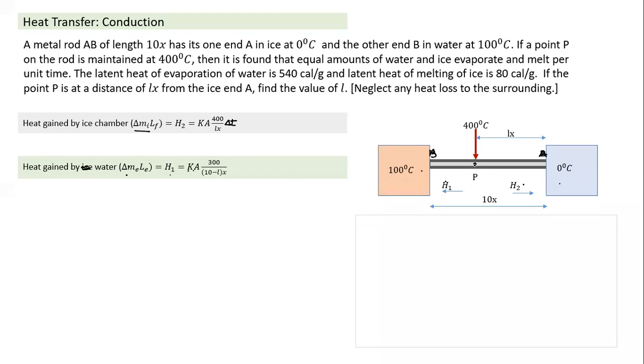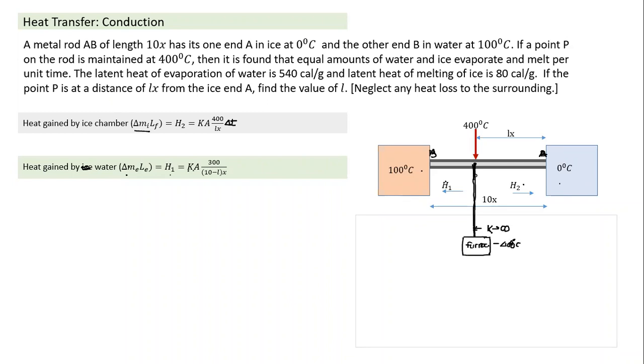In what way can it be given? See, point P is not given. What is given here? Point P is connected to another rod here, and this rod has a K value touching infinity. An extremely conducting rod. So what does an extremely conducting rod mean? And the other end of the rod is connected to a furnace which is at 400 degrees centigrade.